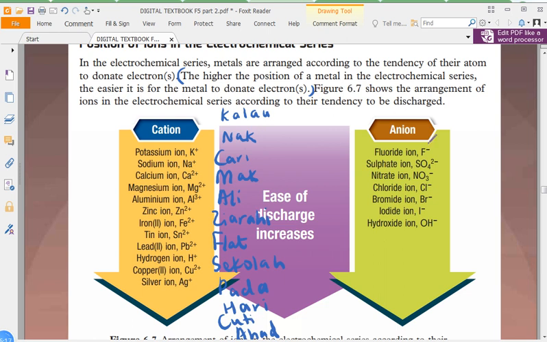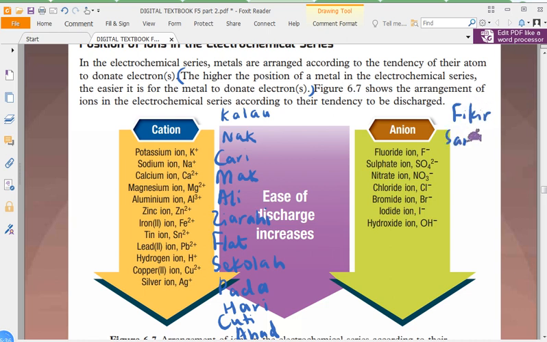Okay, for N ion, we have fluoride ion, sulfate ion, nitrate ion, chloride ion, bromide ion, iodide ion, and hydroxide ion. Again, this is the formula. So I will focus more on formula but not the wordings. Okay, formula PQ